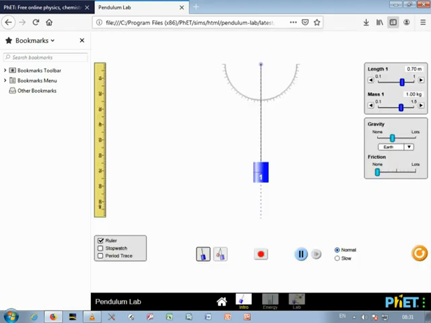You can see there is a ruler. Are you seeing here a ruler? Yes. Which is here already. Just the length of this string. We can change in this window here. We can change the length we want. We can change the mass. Here the length has been set to be 0.70 meters. That's about 70